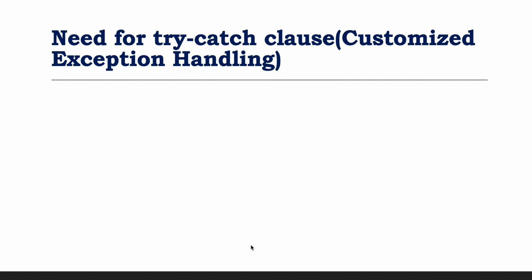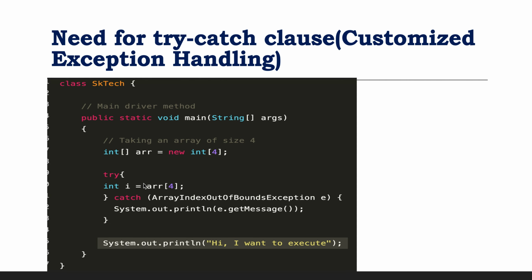So let's see how we can do that. Let's say we know that this statement can cause an exception, so we put this statement inside the try block, and then we write a catch block. Inside the catch block we write the type of exception which might occur. Based on experience we can know that this might cause an array index out of bound exception. These are all built-in exceptions provided by Java. We can write our own custom exception also, and we will see how to write it.